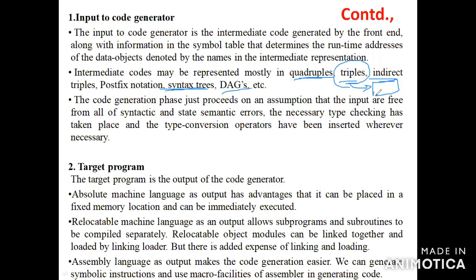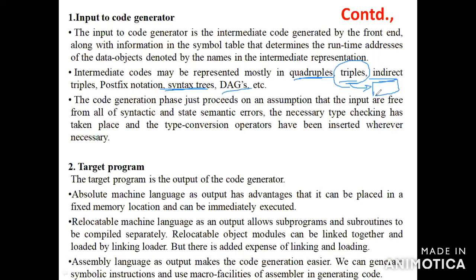Okay, then what about the next point? The semantic errors should be checked before submitting the input to the code generator. Once you get the output from the syntax analyzer, the semantic analyzer needs to check for errors in the given input. Once everything is clear, only then can you give the input to the front end of the compiler, produce the output, and after that give the input to intermediate code generation, and then to the code generation phase.